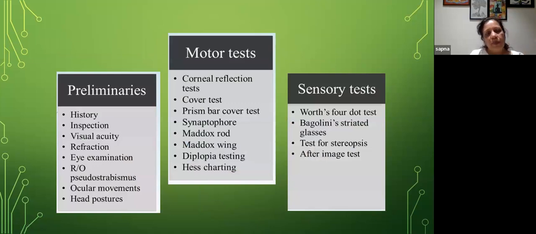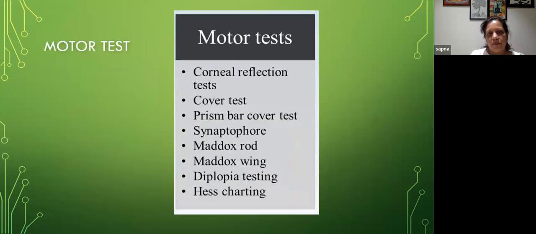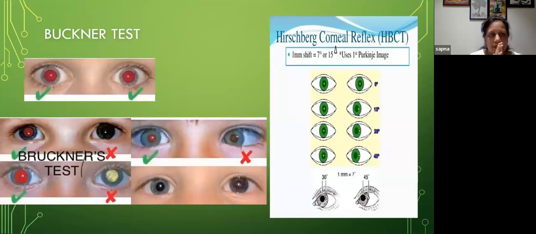We have done all the preliminary examinations, and now for the motor tests. We always forget the Bruckner test. The Bruckner test is, we see with a distant direct ophthalmoscope for the red reflex, which should be equal in